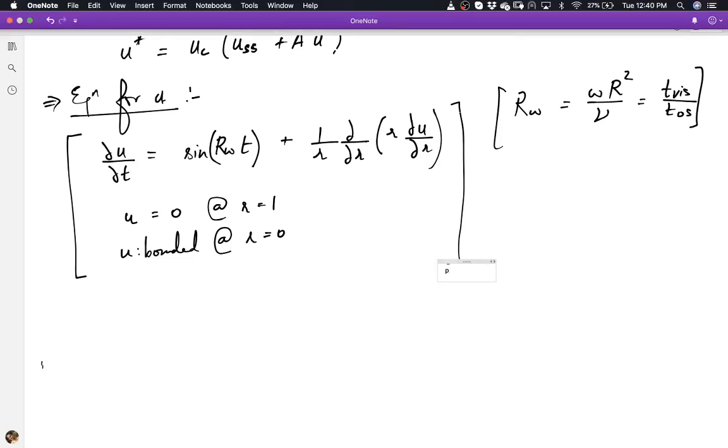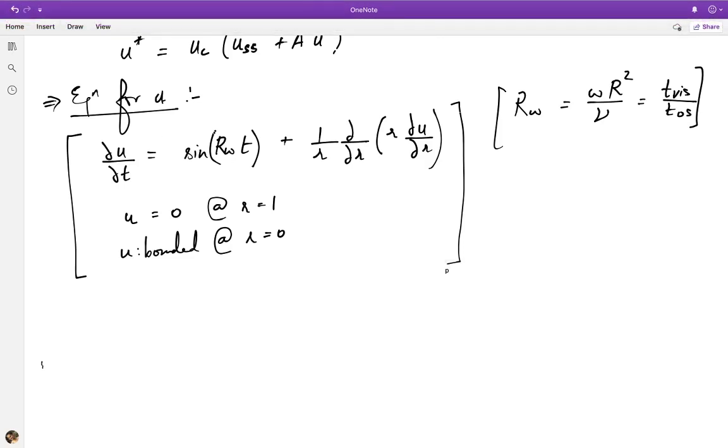But this form of the equation is not particularly amenable to that, because if we want to consider, let's say, the limit of small rω, we really want this non-dimensional group to be multiplying the terms in our equation as a coefficient, so that we can say whether a certain term is small or large. Right now it's trapped within the sine, which is always bounded from 0 to 1, so that's not very helpful.